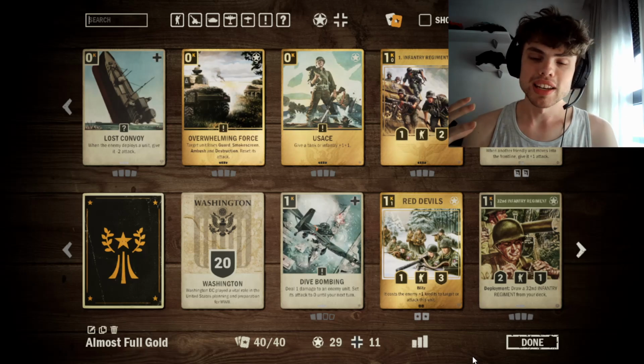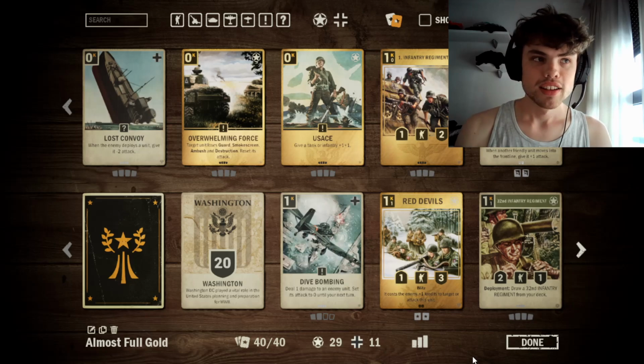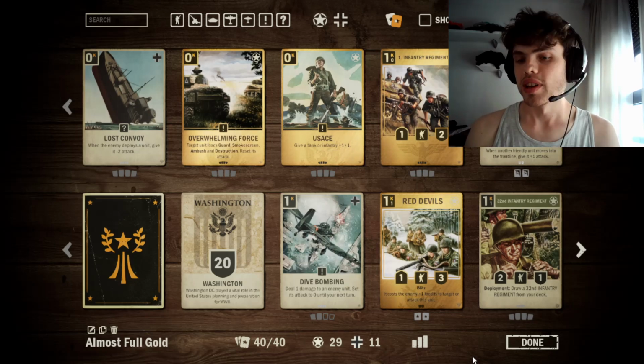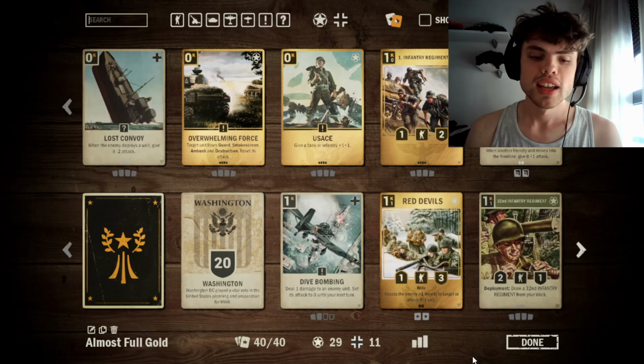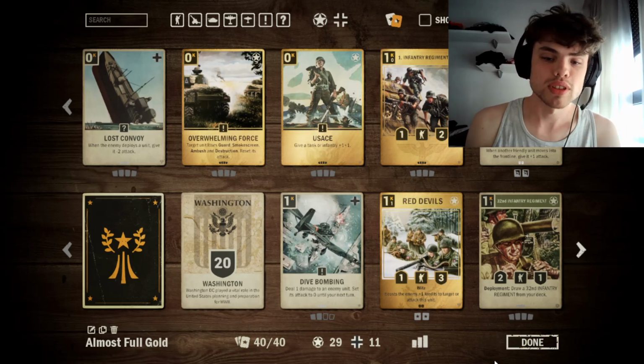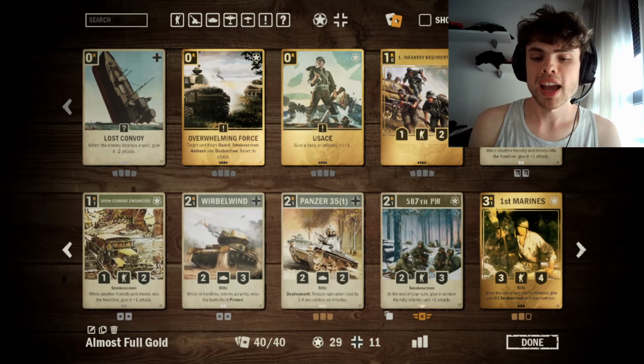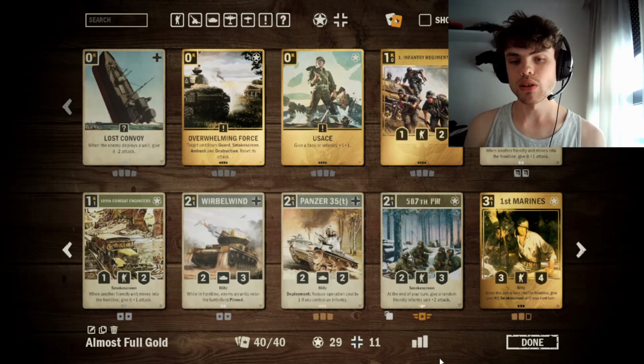So, with those both being nerfed, I thought, what is an aggressive deck which was either untouched or being held back by the previous two decks? And the answer, my immediate thought went to US German. I've had a lot of success with this deck, even in the past metas. And now I have made a few changes to it. Before, this deck was a lot more